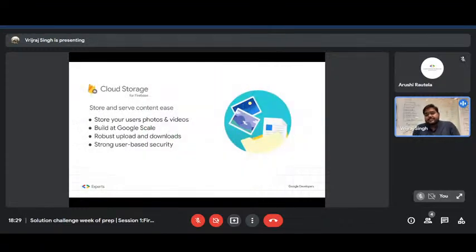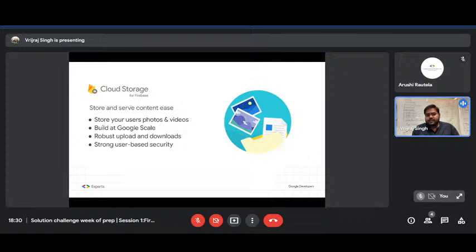Now, the next service is Cloud Storage. Let's say you have created a website where users can sign up with the help of Firebase Authentication, and then we can store the user information with the help of Cloud Firestore. And let's say if the user wants to upload or change the profile picture, we need to upload that particular profile picture. So here we can use Cloud Storage. You can directly upload an image file, media file, PDF file, any document in Cloud Storage.